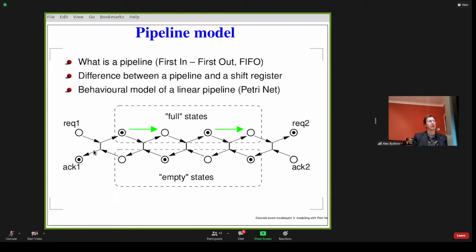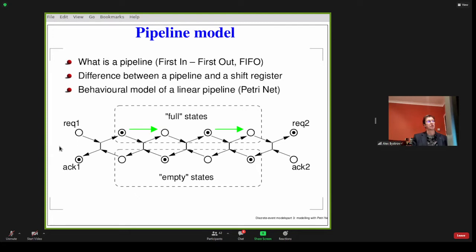In a pipeline, if you want to model an infinite source of data on this side, so not just a single data item is added and then we observe how it moves, but an infinite source of data, then there should be a path from here to here. We cannot connect two places with an arc. There should be a transition between them.